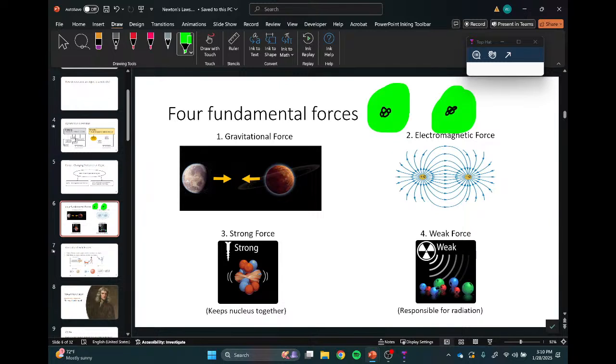These last two, the statements I'm about to tell you are probably the only time you'll hear these ever mentioned in any class moving forward. So I mention them because I had one teacher mention these forces that I remember, and the amount that he said is the amount I know. It's literally a handful of sentences. So I will pass on my precious knowledge to you, and if you too will know a handful of sentences